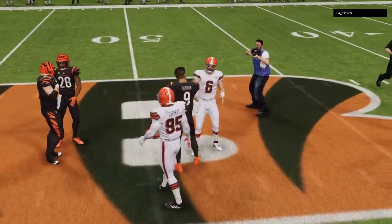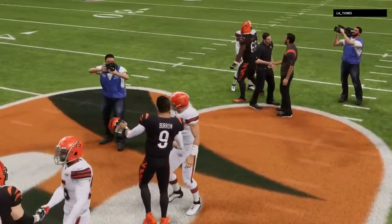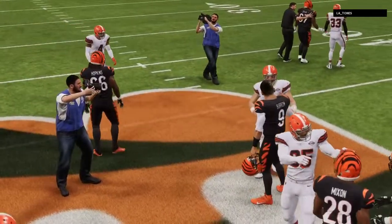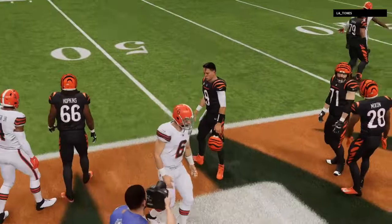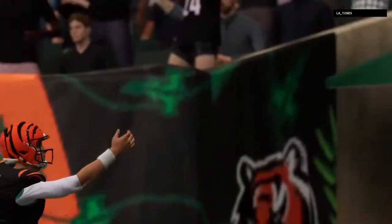Yeah, they really had to grind this one out, didn't they? Because nothing came easy. Every snap was a major league brawl. They had to win at the line of scrimmage, win downfield. They got all those things accomplished. But to win a close one like this, you know, every team wants to be physical. We've heard that a million times, right? But those who are mentally tough, those are the